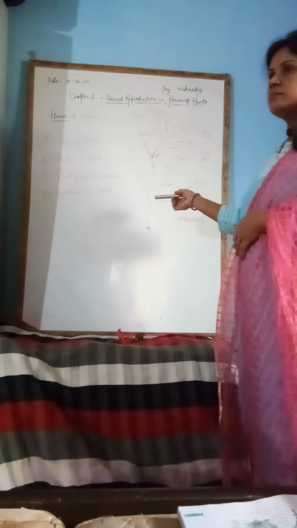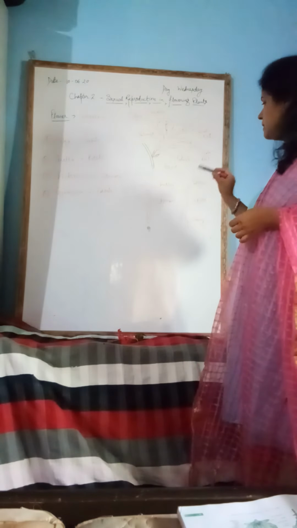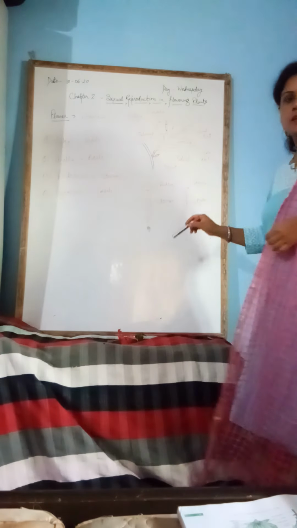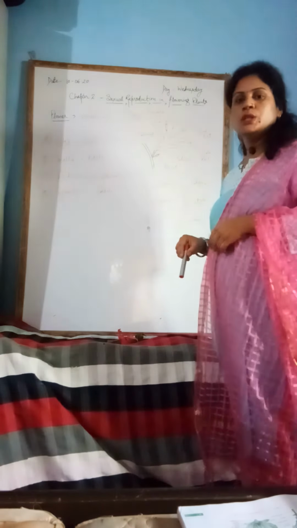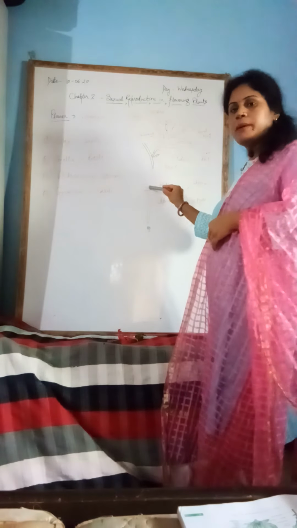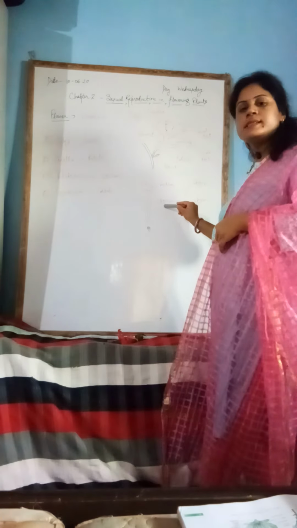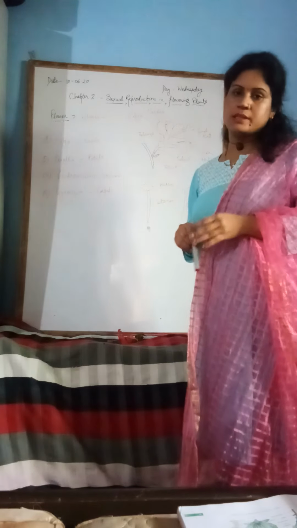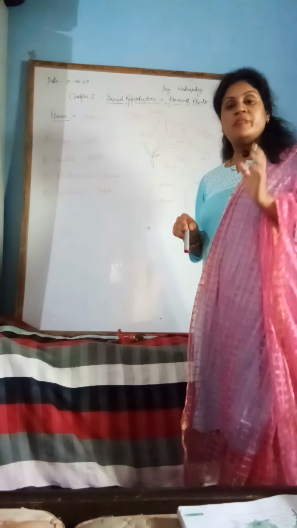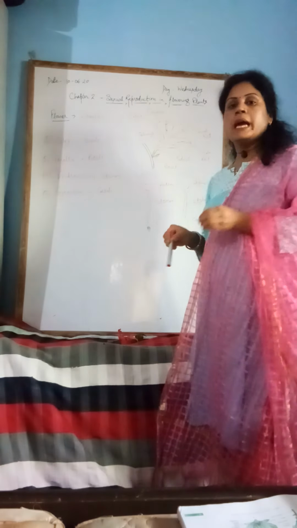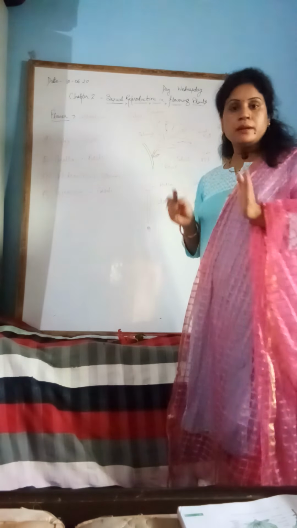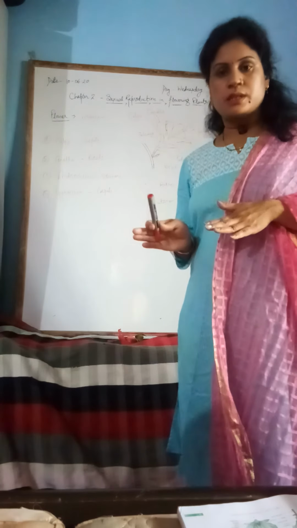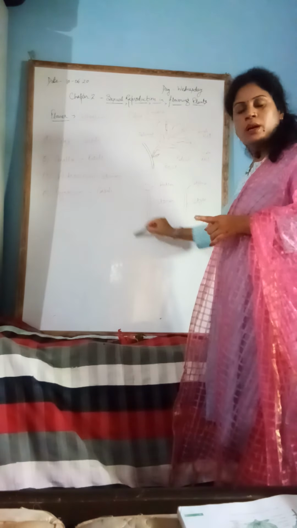Now we can see here the male sex part and the female sex part. The male part has 2 subparts. The upper swollen part is called anther and the stalk is called filament. The anther produces male gametes, pollen grains. Here pollen grains are produced. When the anther is matured, the anther bursts and pollen grains come out from the anther and start the pollination process. The second one is the stamen stalk, which attaches the anther to the flower.